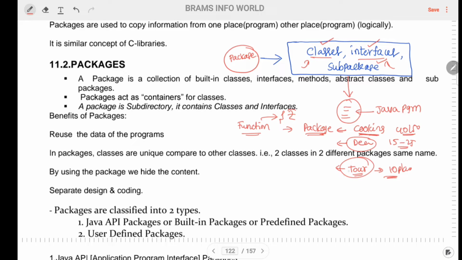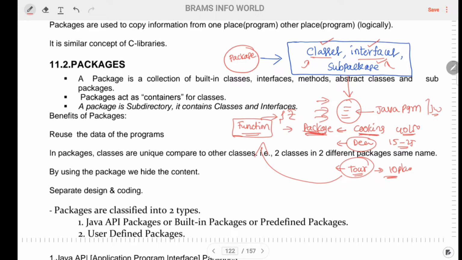In the tour we have different kinds of drivers, different kinds of places, different kinds of information, so that contains the tool. So while doing a function, you are going to define a package for the different categories which is helpful for your function. In a similar manner, a package is a collection of classes, a collection of interfaces and a collection of sub-packages which are used to define your Java program, or used to define Java software. Okay, so this is nothing but a package.